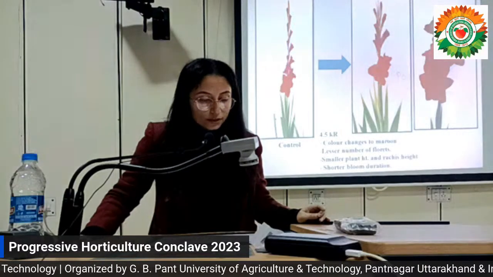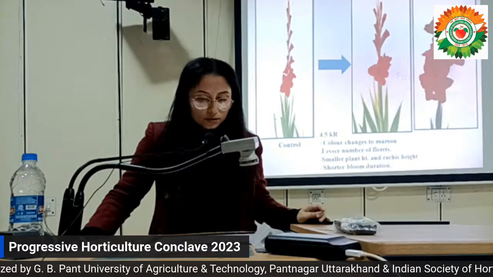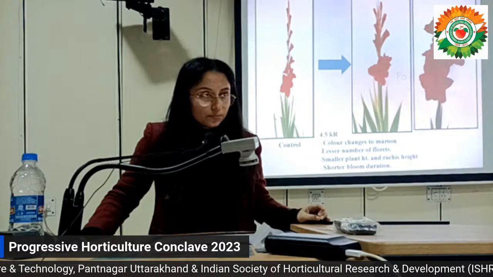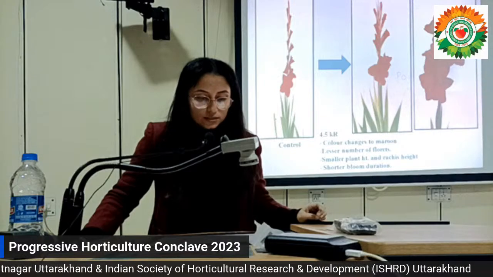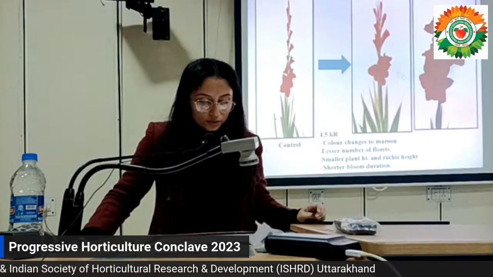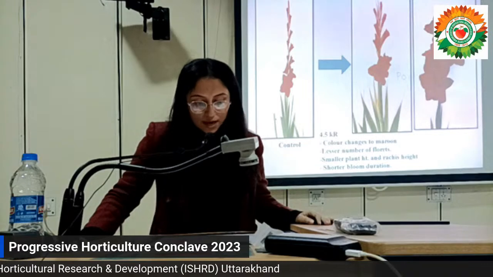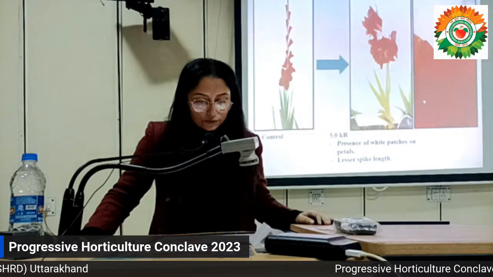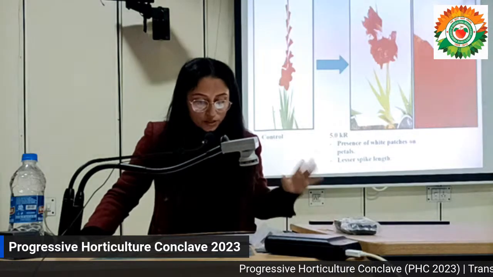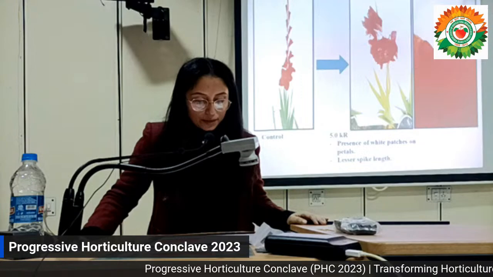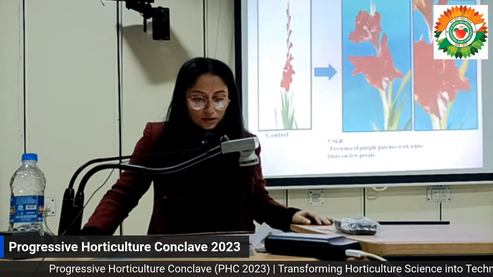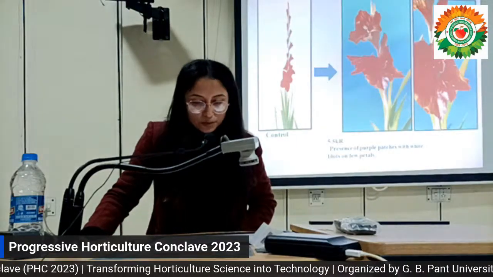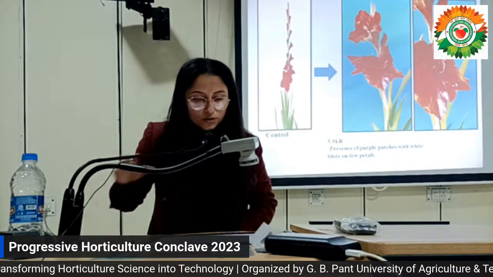For 4.4 kilorad radiation, I obtained a color change from orange to maroon, and it has been stable for 2 consecutive generations. So we can say that it is a promising mutant of this particular control. Similarly, I found smaller plant height and spike height and shorter bloom duration. In 5 kilorad dosage, I found white patches appear on the petals. Again, this was a stable mutant. And in 5.5 kilorad, I found purple blotches with white spots on the petals,